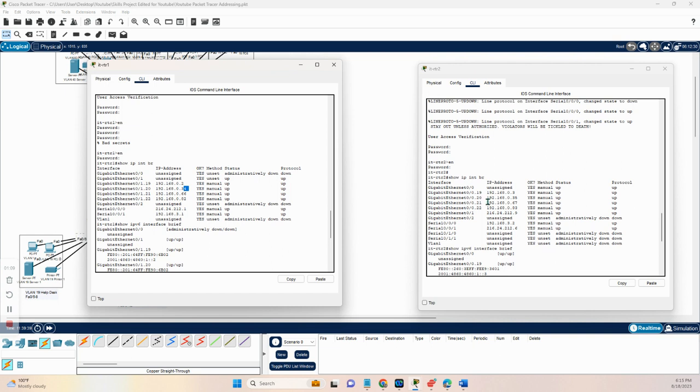The IP addresses are different, and the reason for that being is for now we are not going to have Hot Standby Router Protocol or HSRP, which essentially creates a virtual default gateway that is shared between two devices. We're not ready to set that up yet. So for now, we're just going to leave them as separate, and they'll stay separate until we apply HSRP. And once we do that,